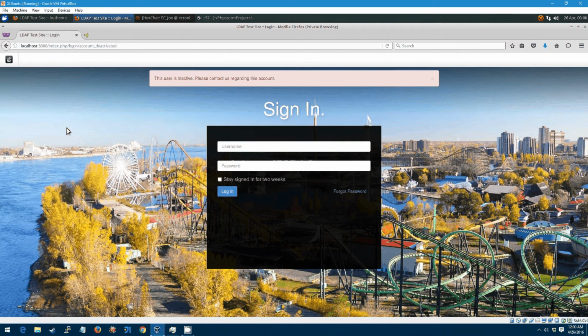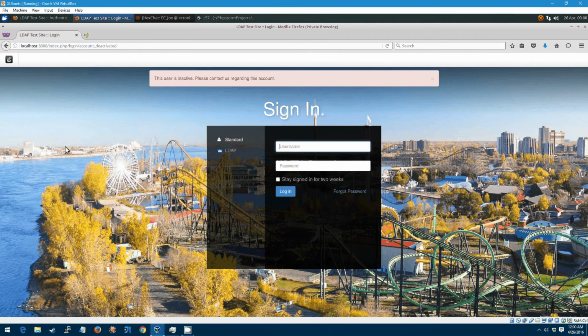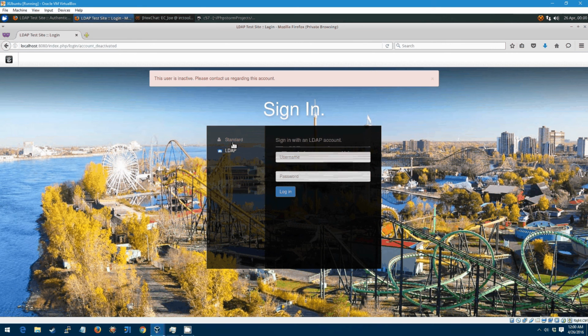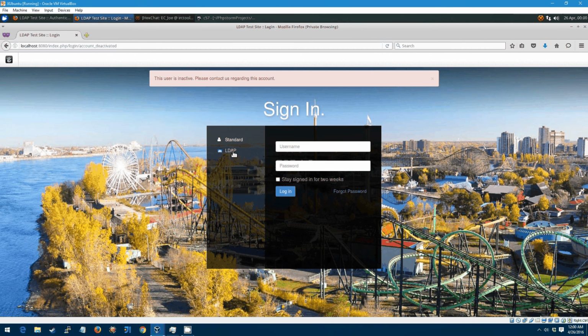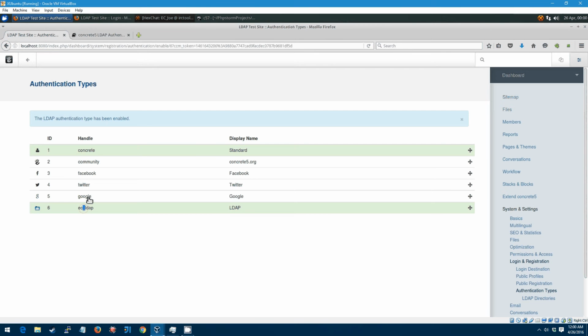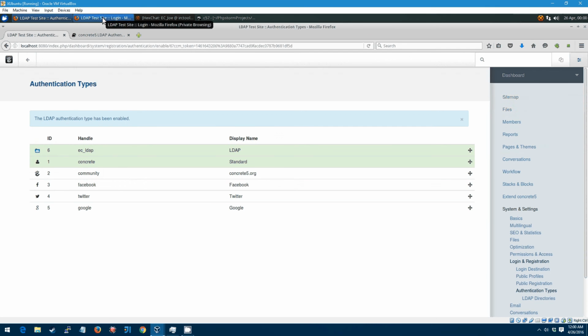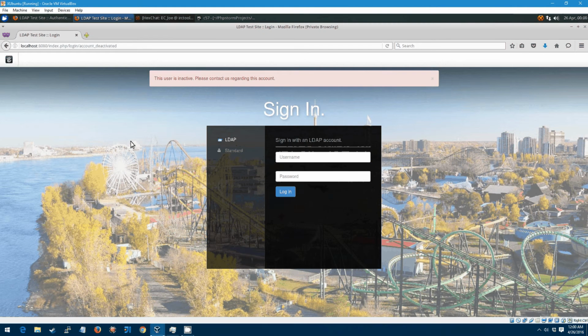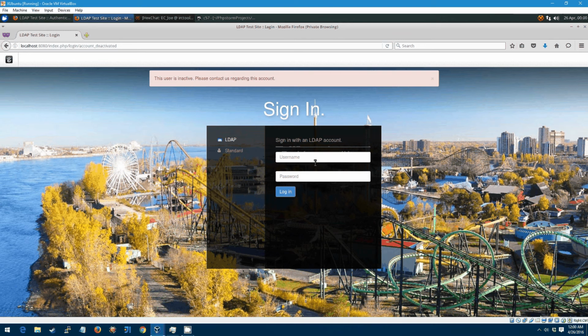Now if I come back over here and I refresh, you'll notice I got this extra authentication type. Well, that's not really handy if our primary authentication means is going to be LDAP. So I'm going to come over here and drag this to the top. And now if I refresh, great, LDAP is my default. And I mentioned that if you had multiple directories set up, you would get a drop-down. This is where that would show up. It would be right above this username, and the user would be forced to pick which directory they wanted to